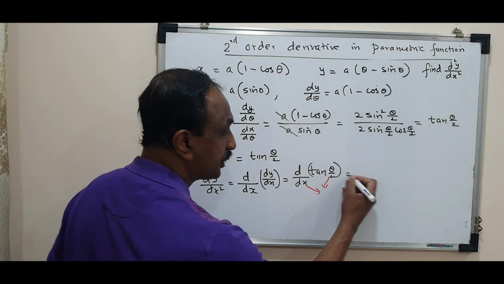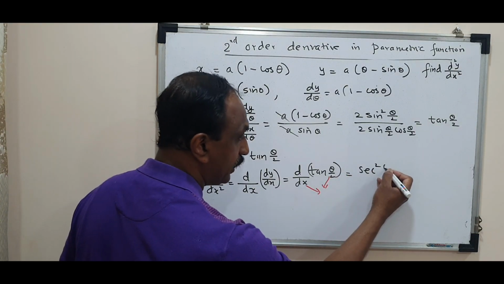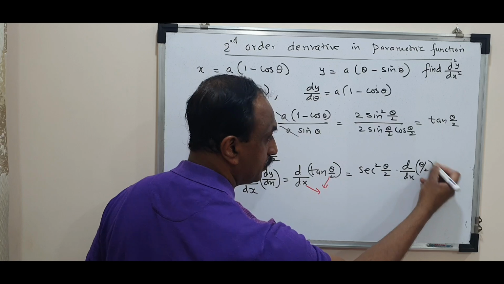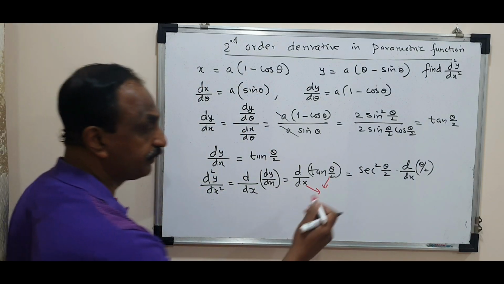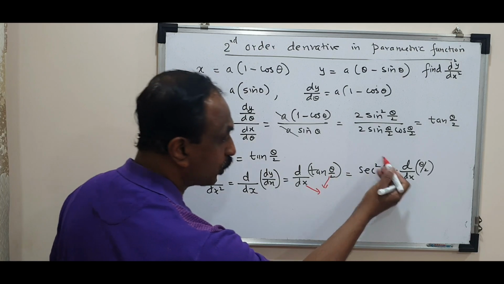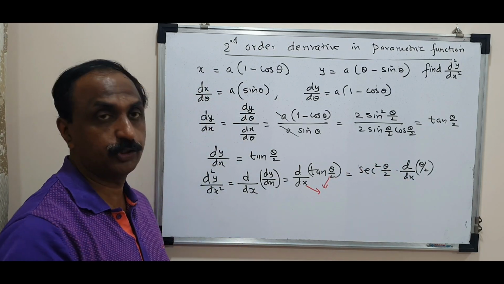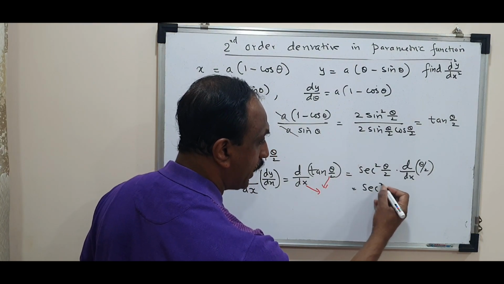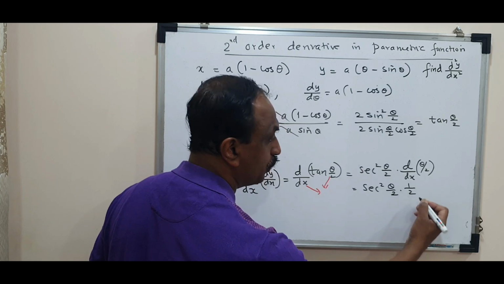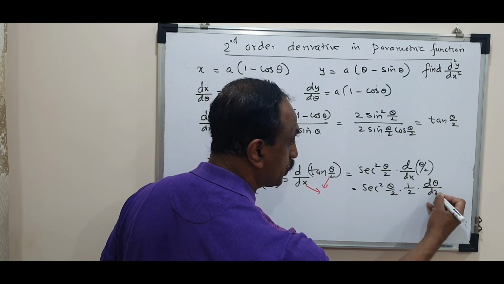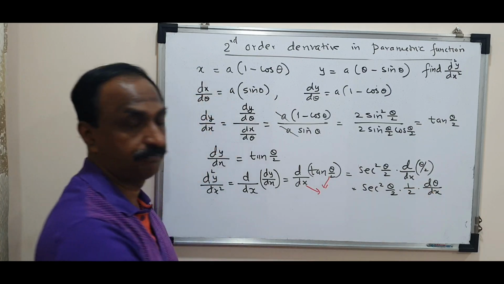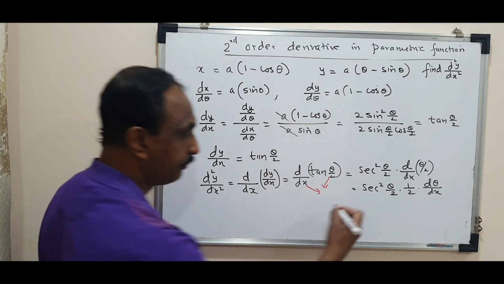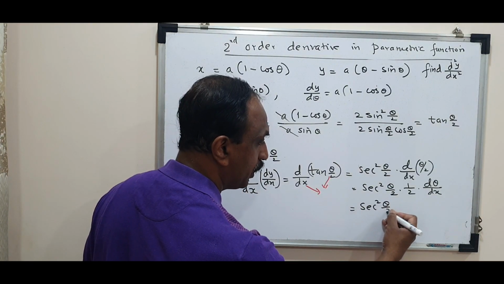Derivative of tan u is sec square u, the angle remaining the same, into the derivative of the angle. This is very, very important. Take care of this most dangerous step. All of you will stop with sec square theta by 2 into 1 by 2. Maximum you write. The variable is x, the function is theta. So sec square theta by 2 into 1 by 2 into d theta by dx. Most dangerous step. Again and again I'm reminding you, because 99% of students make a mistake over there. It is sec square theta by 2 into 1 by 2.